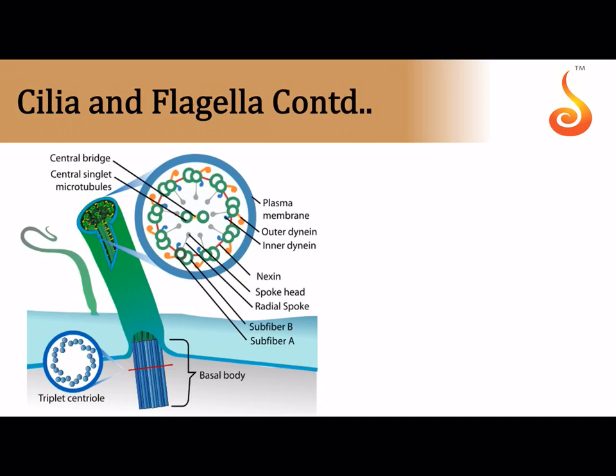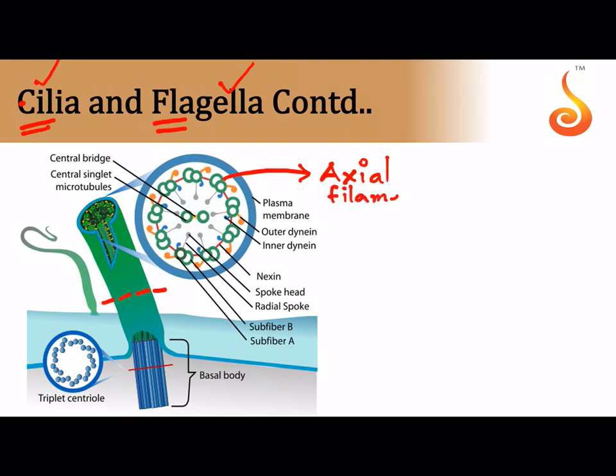Now if we were to look at the structure of the cilia and flagella, their structure is almost the same, but cilia are very thin in comparison to the flagella, and cilia are small hair-like structures, whereas flagella is a whip-like structure. Here we have taken a section of the flagella. Notice that there is a central, very complicated structure that is referred to as the axial filament.